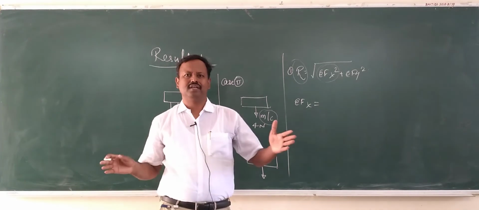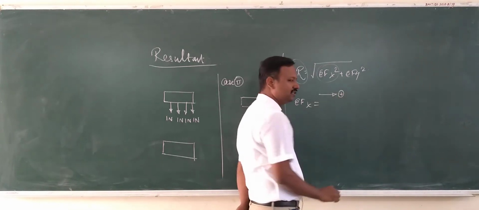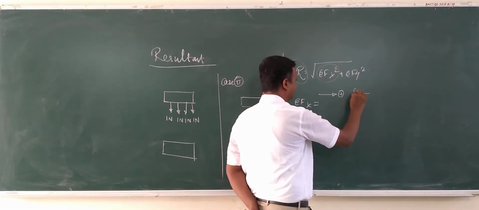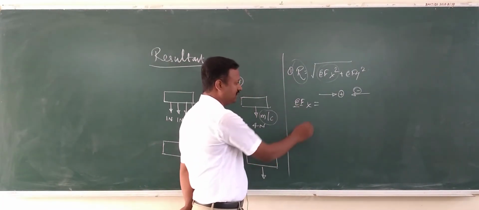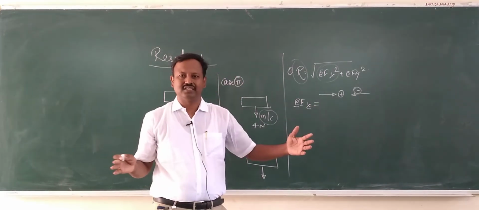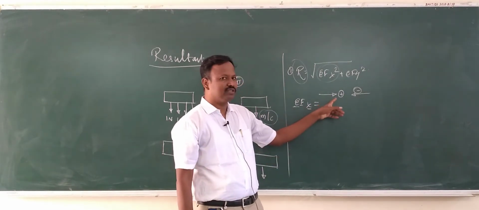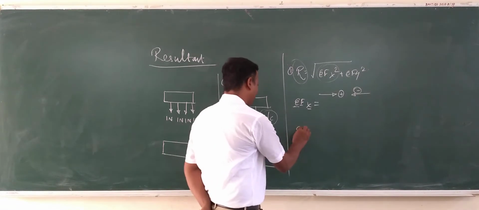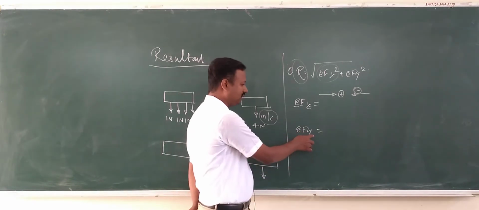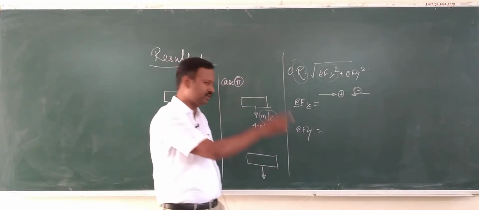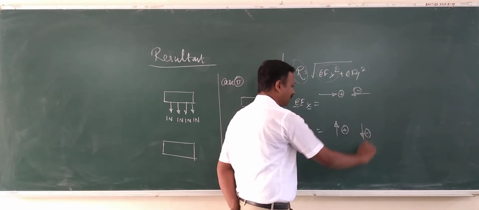While going for the sum of Fx, we have to decide the sign convention also. The force going towards right we will consider as positive, and the force going towards left I will consider as negative. This is the summation notation. F stands for forces, and x is nothing but the horizontal direction. So sum of forces in the horizontal direction. Sign convention: towards right positive, towards left negative. Similarly, sum of Fy. This notation stands for summation of forces in the y direction, meaning vertical forces. Sign convention in that: upward force positive, downward force negative.